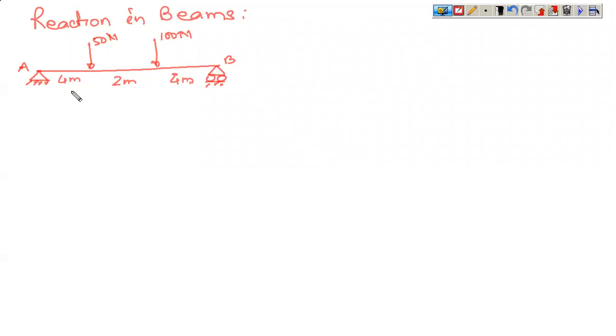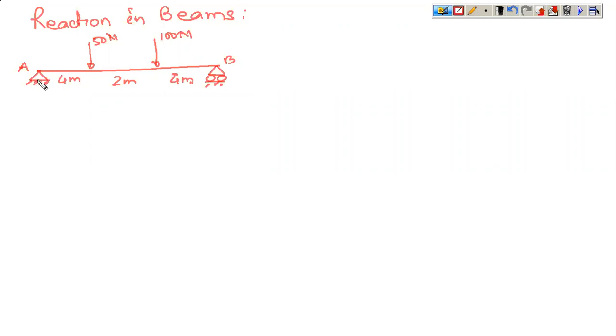So what you need to understand first is what are the types of reactions that will be offered. So what was the definition of reaction? A reaction is a force which occurs wherever movement is being restricted. If you are restricting movement, then you will have a magnitude of reaction, and that magnitude will be affecting the problem.